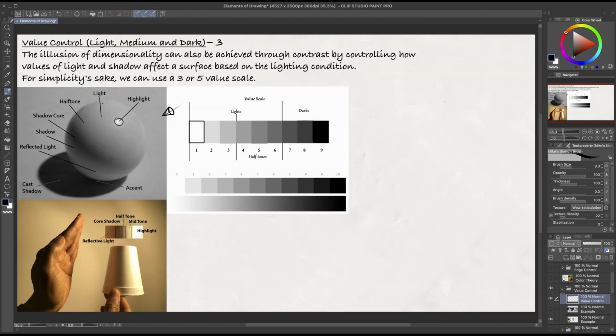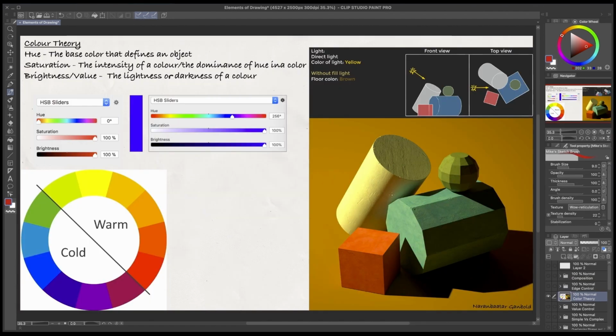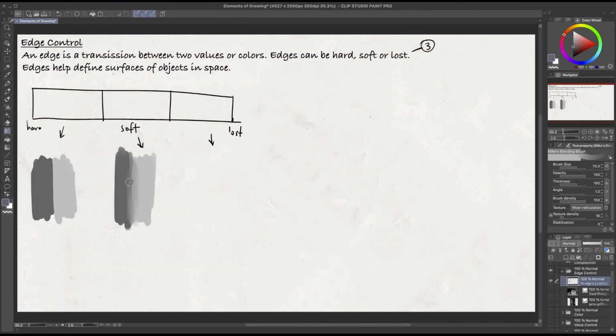Then we'll also talk about value control, and within value control we'll be looking at what value control is, what values are, and how to use that as well. And that will lead us into color theory, and within color theory we'll be basically looking at what color is and the most important things to remember when communicating with color, and that will lead us into edge control,